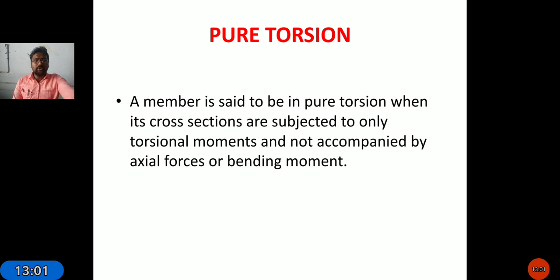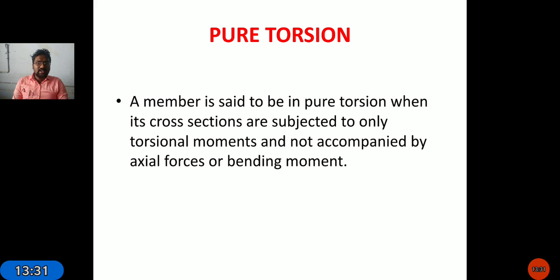Next, coming to pure torsion. Up to now we discussed torsion, that is, whenever we apply forces at both ends, equal and opposite forces develop on a shaft. It offers some resistance to the applied force, which is known as twisting moment or torsional moment. In the same way, a member is said to be in pure torsion